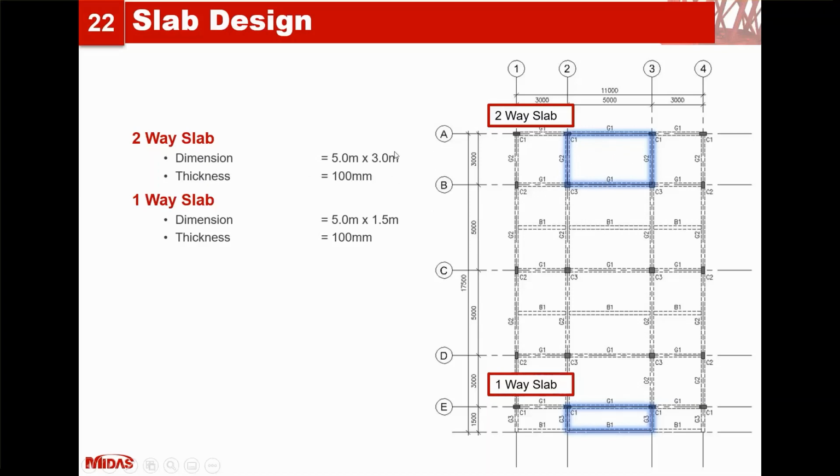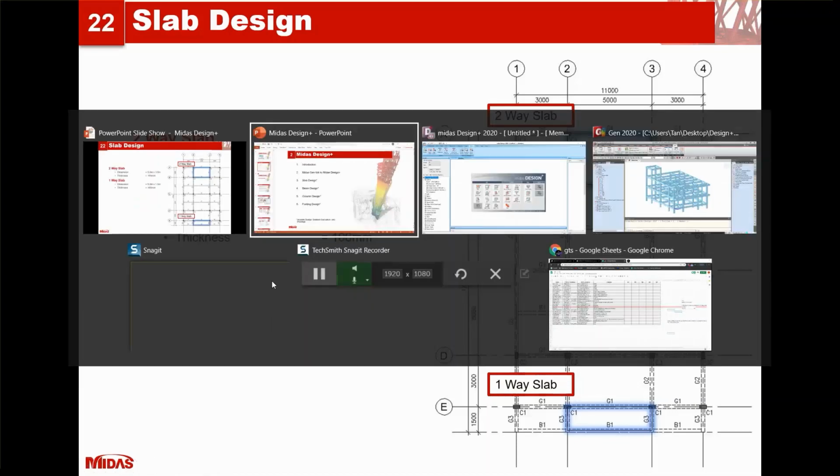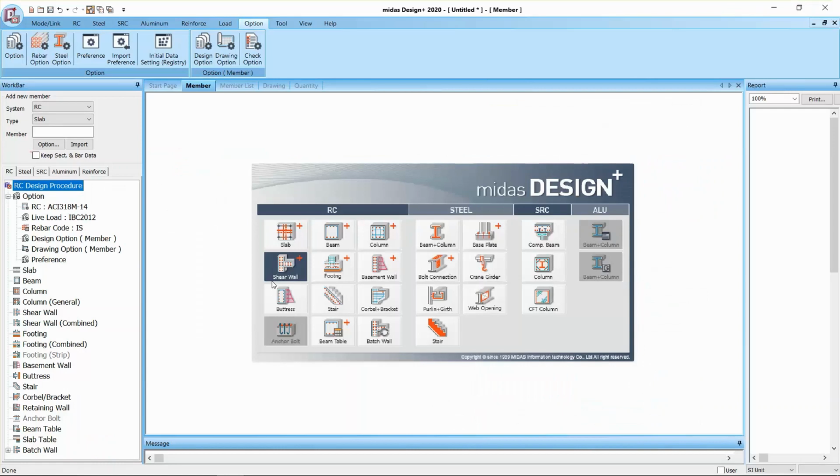So for the two-way slab, it is a 5 by 3 by 100 mm, and then for the one-way slab, 5 by 1.5 and then by 100 mm. So click slab and then click slab,